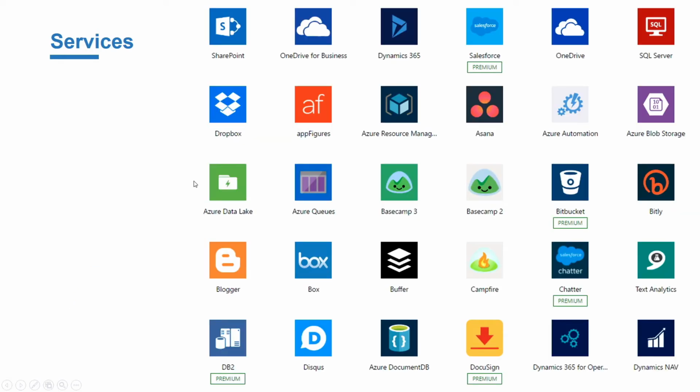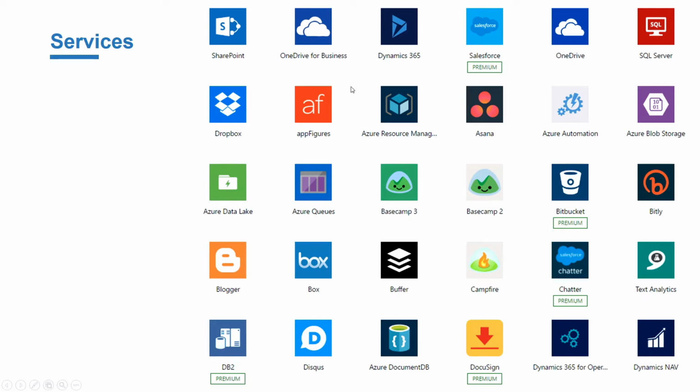In terms of the services that Microsoft Flow is allowing you to connect to, the list is quite extensive. There's a lot of the products out there that will come with the free version or the Office 365 version of the product. Some of them require a premium, so you'll need to pay a bit more to get access to those. But a majority of the services allowed and provided are actually free of usage, and they will allow you to do anything from